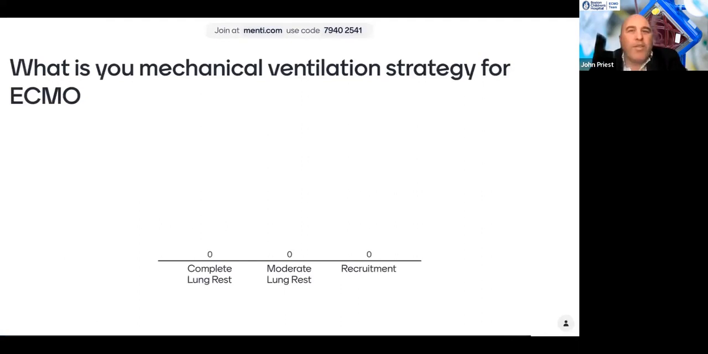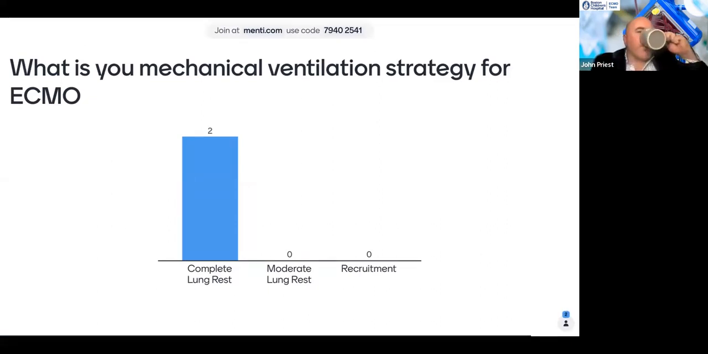So what mechanical ventilation strategy do you use on ECMO? Do you use a complete lung rest, a moderate lung rest, or a recruitment strategy? Most of the ECMO centers that I talk to do use a complete lung rest strategy. The one caveat here is, if I split this question into VA or VV,